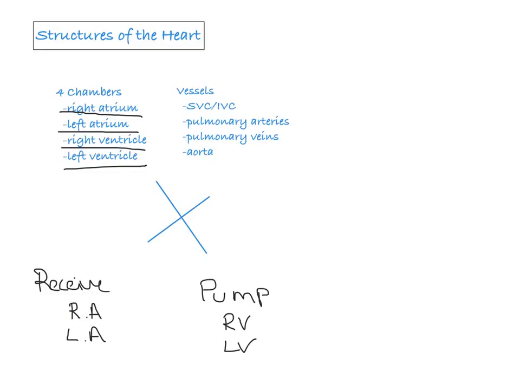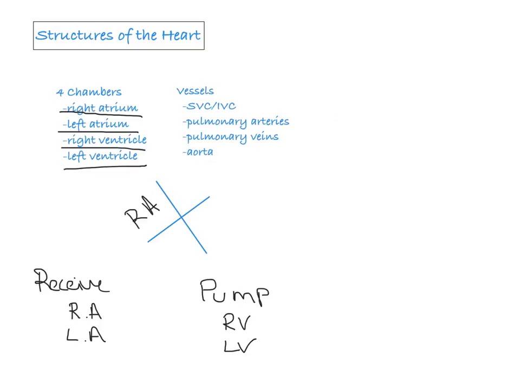So the right side of the heart, every time you look at the right side of the heart, remember you have to flip it. It's like a mirror image of yourself. The right side of the heart is going to be over here. And on the very top of this cross, I'm going to put RA for right atrium, because this is the first receiving chamber of the heart. It's going to be the first chamber of the heart that sees blood that's coming from the system. Okay, it's coming from the body. So it's going to be the first